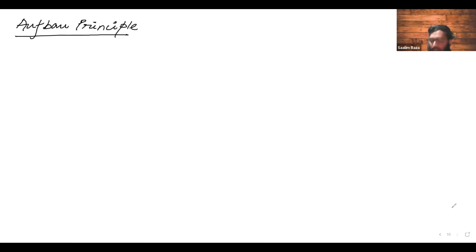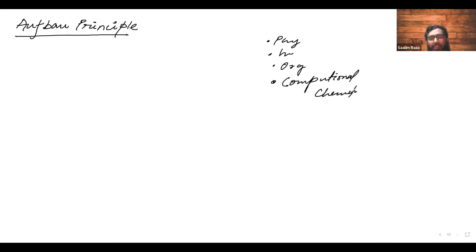These types of principles are scattered over different chemistry books, either physical chemistry, inorganic chemistry, or organic chemistry books. Something that I'm currently studying and researching is computational chemistry. So these things are scattered everywhere, these first principles. So what is the Aufbau principle? It states that